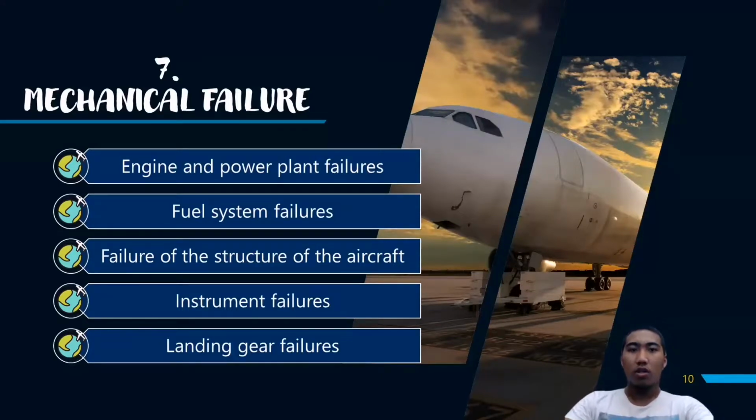Okay, the third point is fuel system failures. Like any vehicle, an aircraft engine needs fuel to operate. Multiple issues may affect the fuel system, including leaking fuel, failure of the fuel pump, and more. Sadly, it is not uncommon for aviation accidents to happen because the aircraft runs out of fuel. Errors on the part of the pilot and crew may be blamed for such a glaring oversight, but it is also important not to overlook less obvious causes such as malfunctioning fuel gauges.